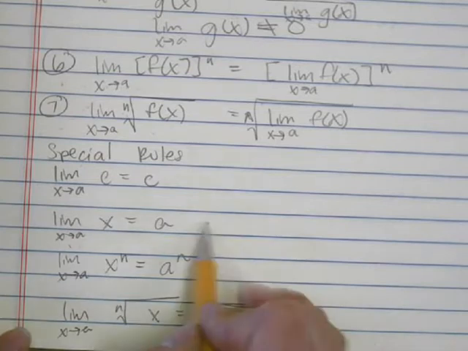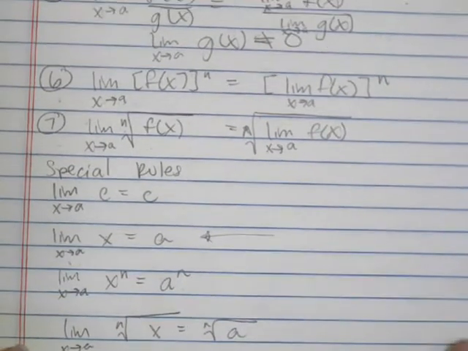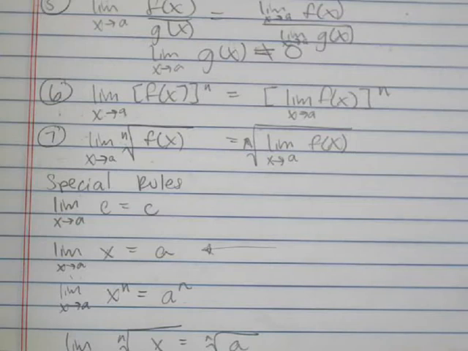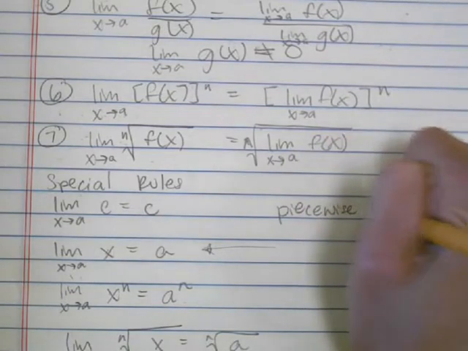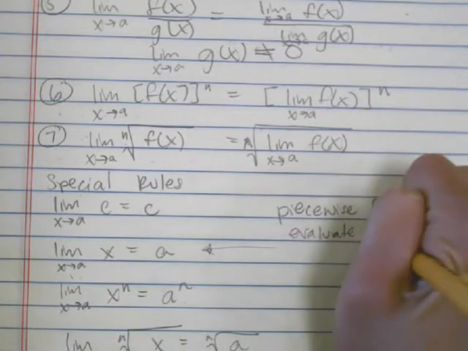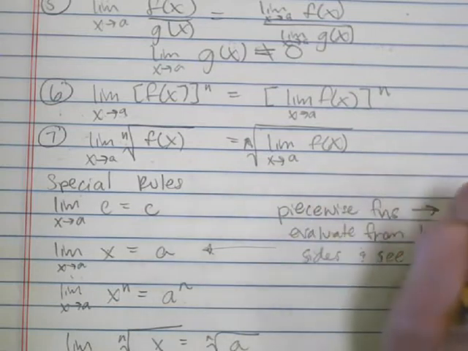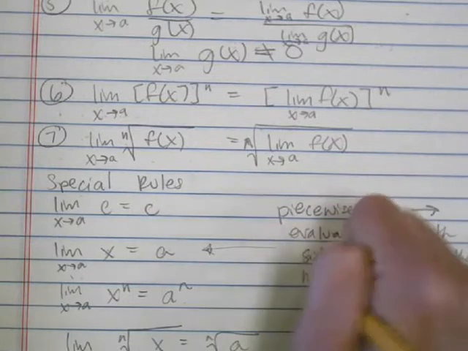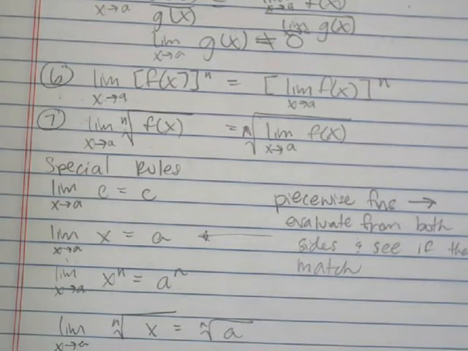This one is especially important because you can just substitute it in directly. And the other big thing you want to remember here is if you're doing piecewise functions, algebraically what you have to do is evaluate from both sides and see if they match. So that's sort of like what we were just doing. So, I'm going to go through some examples in a minute, but I want